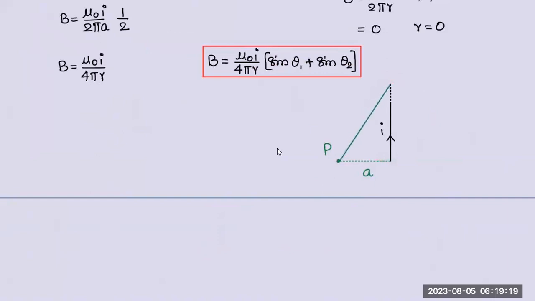Join the topmost point and join the bottommost point. Wait. As it is going to infinity, this keeps on increasing, right? What is this angle if I go to infinity? Anyone can tell? 90 degrees. Theta 1 is 90 degrees. So sine 90